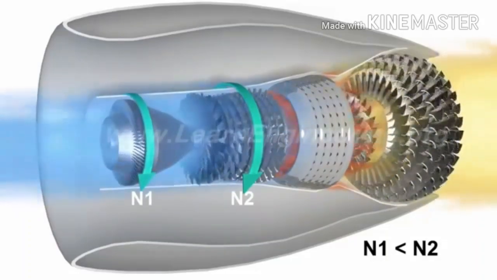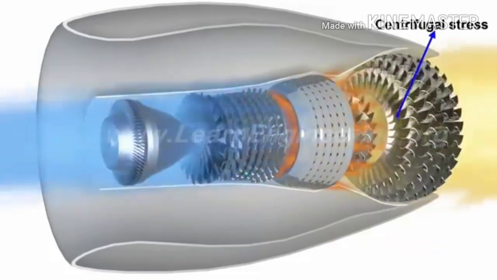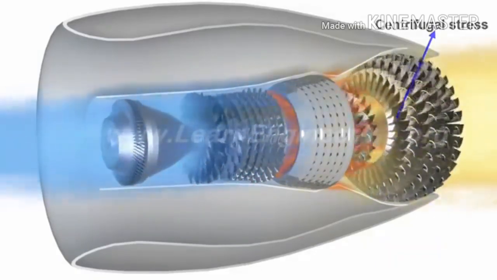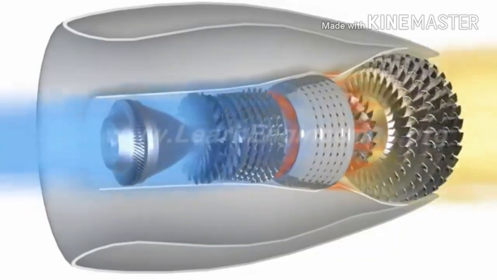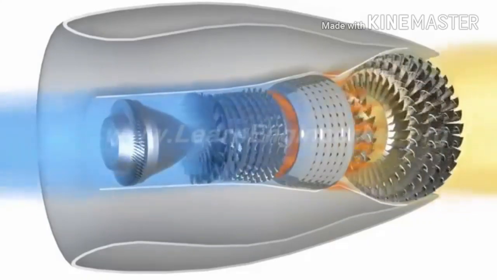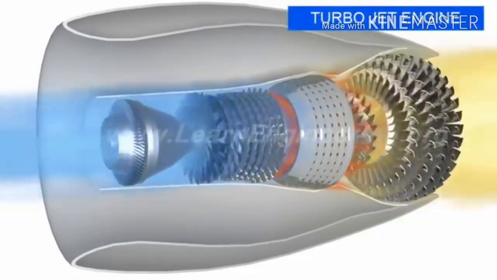The high pressure compressors move with a greater RPM, whereas the centrifugal stress is being controlled by the outer compressor with a lesser RPM. This type of engine with two spools is generally referred to as the turbojet engine, which creates